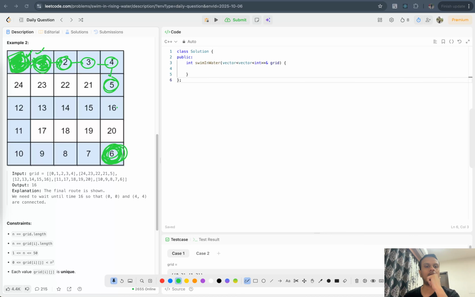Let's say an example, t equal to 17. Or, for the sake of it, let's take t to be very big, like 20, to understand better how we will traverse in better time. From 5 we can reach 16, yes. From 5 we can't go to 21 because 21 is less than